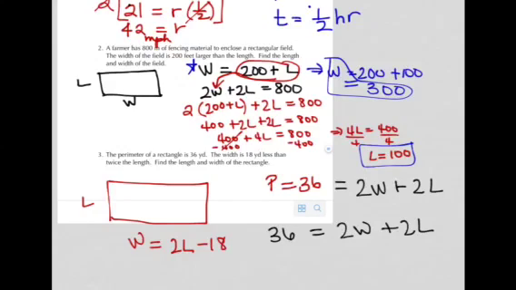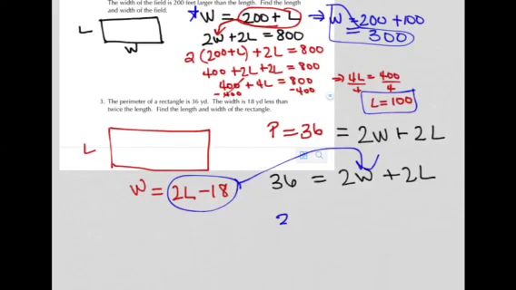Again, I'm looking for the width and length of this rectangle. Currently, the way this is set up, I can't solve this equation because there are too many variables. We can only solve when there's one variable. But again, that's where this equation comes in. W can be replaced in here with 2L minus 18. So that's the next step. We will take 2L minus 18 and pop it into the perimeter formula for the width. So 36 will equal 2 times (2L minus 18)